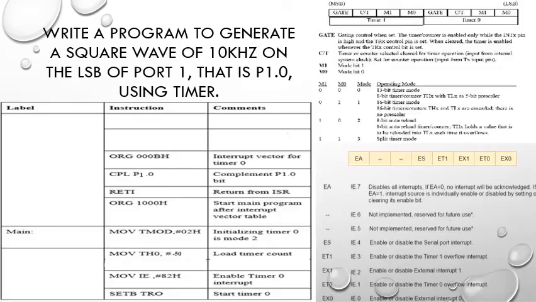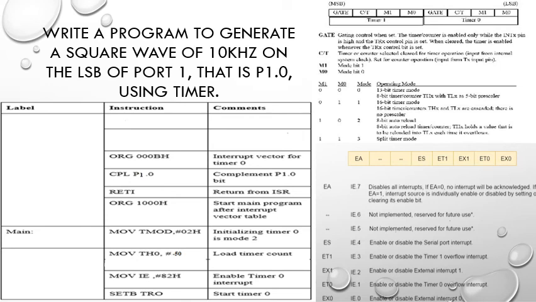The clock frequency applied to the counter is assumed to be 1 MHz, so the counter is incremented every 1 microsecond. In order to generate a square waveform from timer, first the timer 0 interrupt vector should be called. So the timer interrupt vector for timer 0 is 000BH, which is loaded as a starting address. Then the port pin is complemented in order to generate a square waveform. We need a positive 1 and 0. By complementing it, it returns from the service routine, so a 1 and 0 will automatically follow.